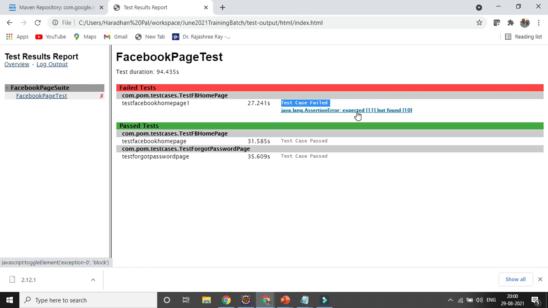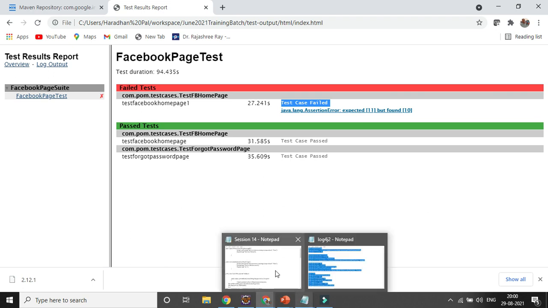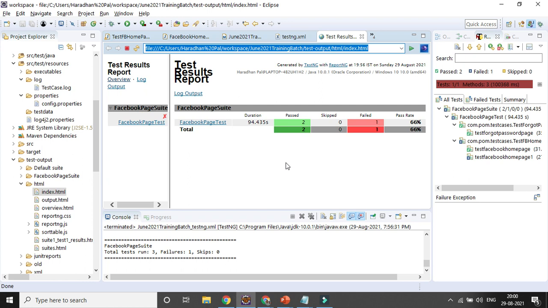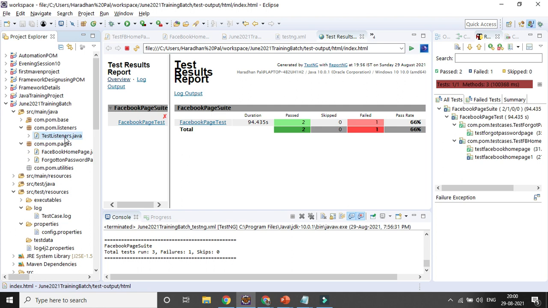Okay. Now if I want to set some properties, you can also set them. Here at the test cases level, if I go to my listener class, you can set some properties as well. This is my listener class, right? Go to the listener class, TestListeners.java.